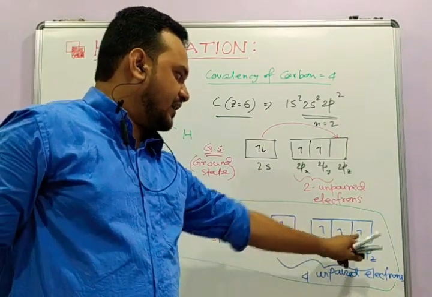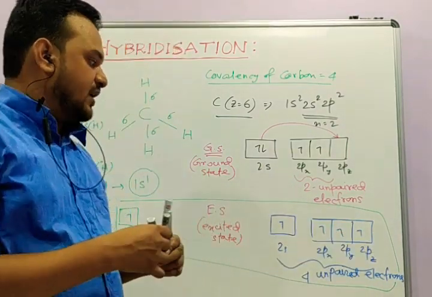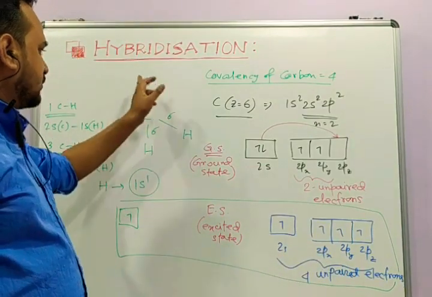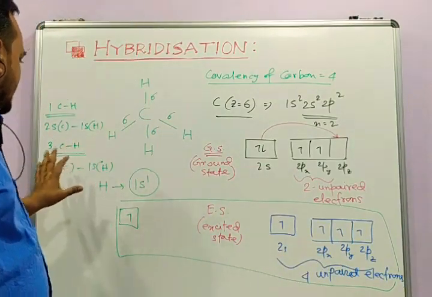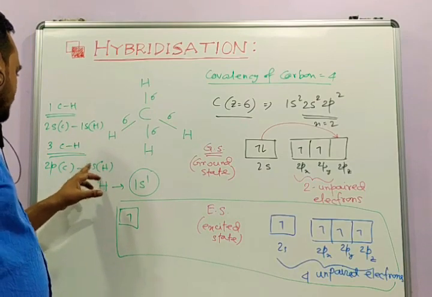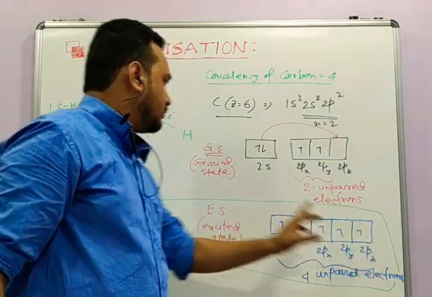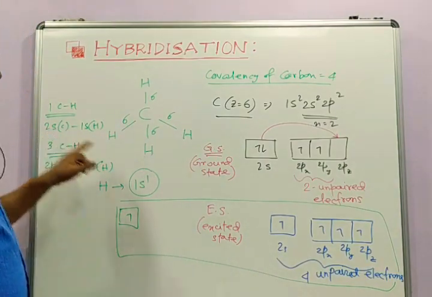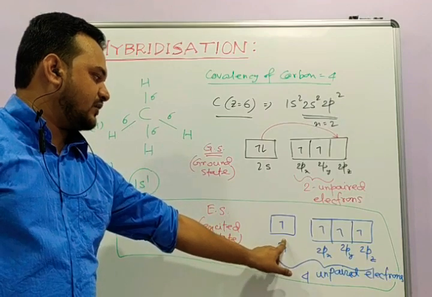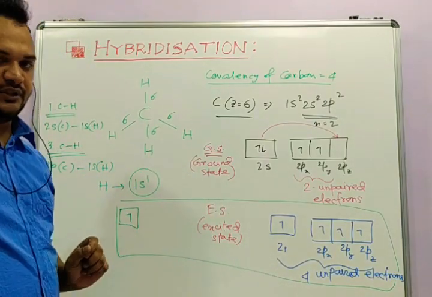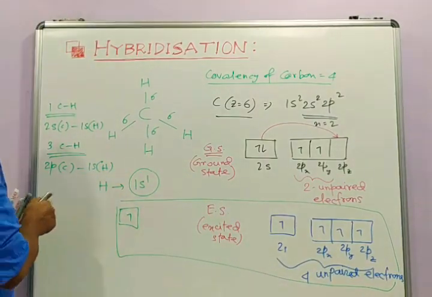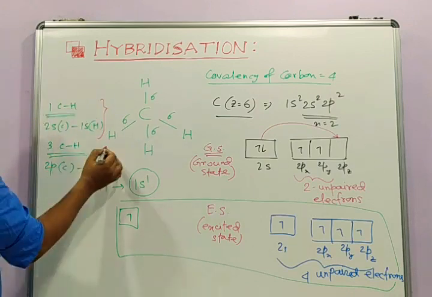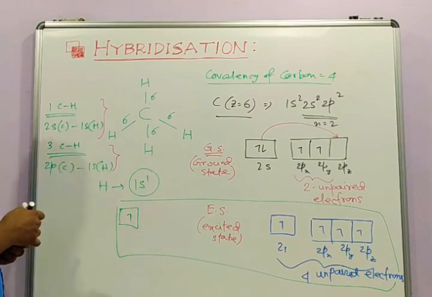See, 3 of the unpaired valence electrons of carbon are in 2p orbitals. For each of the hydrogens it is 1s. So 3 of the hydrogens use their 1s orbital to overlap with the 2p orbitals of carbon to give 3 CH bonds, and one of the CH bonds is because of the overlap between the 2s orbital of carbon and the 1s orbital of hydrogen. So we have this one type of CH bond in the methane molecule, and this is the other type of CH bond in the methane molecule.